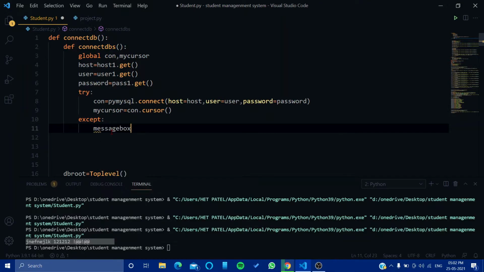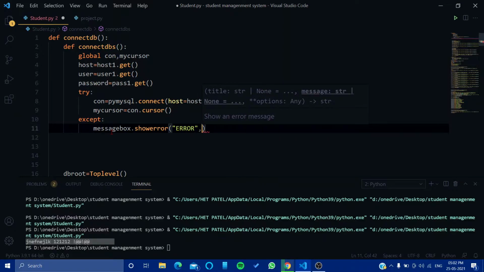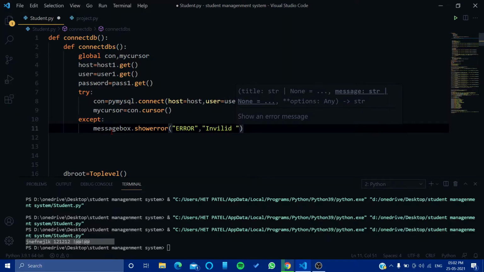We will say messagebox dot showerror, in brackets, invalid data, and then some exclamation mark.